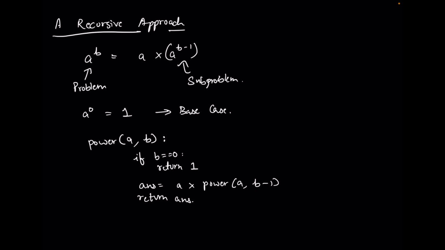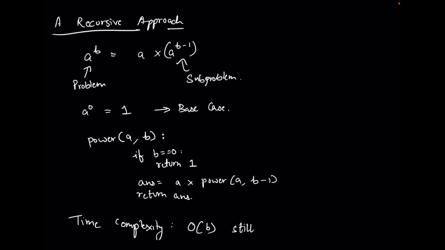Apart from that, in each recursive call, the operations that are being done are just simple constant time operations, right? So the total time complexity of this is just going to be big O of b. We still end up getting the same time complexity that we had with our simple algorithm. So this doesn't help us much. But this idea of thinking recursively about the problem might help us come up with a better approach. So let's try to improve this approach that we just had